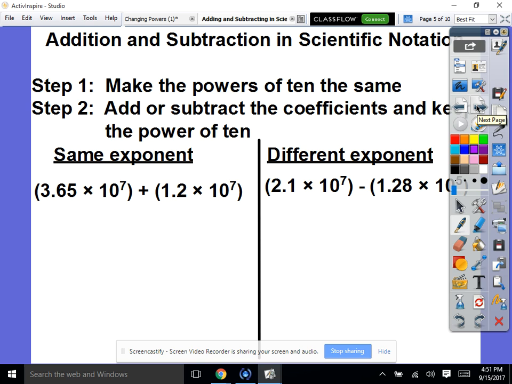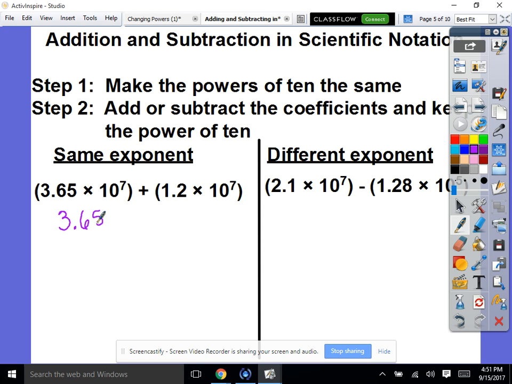Step 1, you need to make the powers of 10 the same, and that's why we had that entire lesson yesterday about changing powers. So you need to write these steps down, and then step 2, you need to add or subtract the coefficients and keep the power of 10. All right, so let's look at what happens if we have the same exponent. Well, we just add